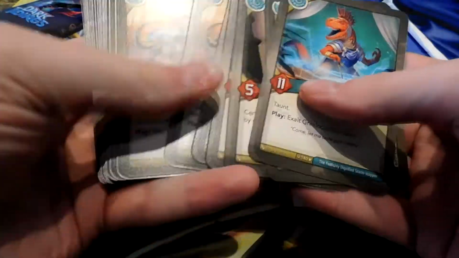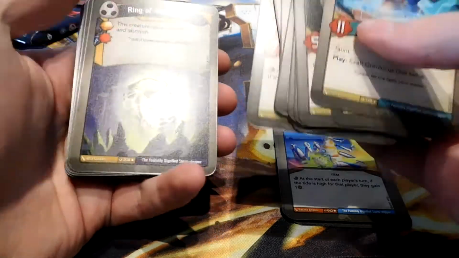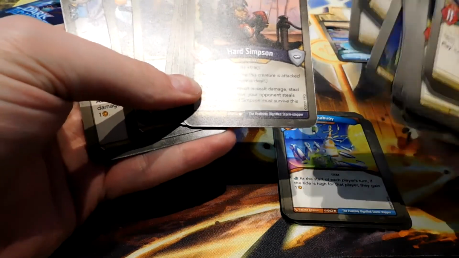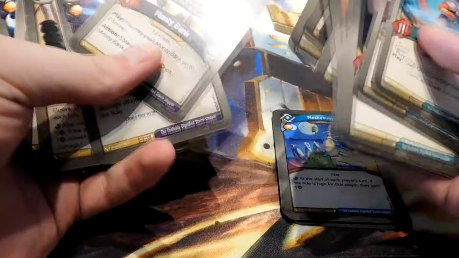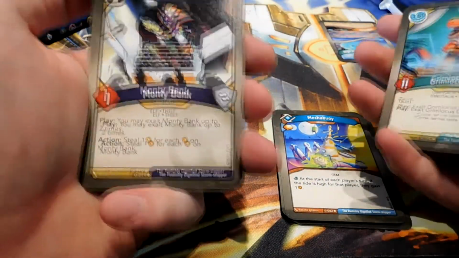Then you have the Saurian, which is exalting cards and benefiting from exalting both yours and your opponent's cards. And then finally, Shadow, where it is genuinely stealing a light amount of amber or a heavy amount of amber using the tricks of Monty Bank. I think Monty Bank is going to be your main way of disrupting your opponent's amber while generating amber with